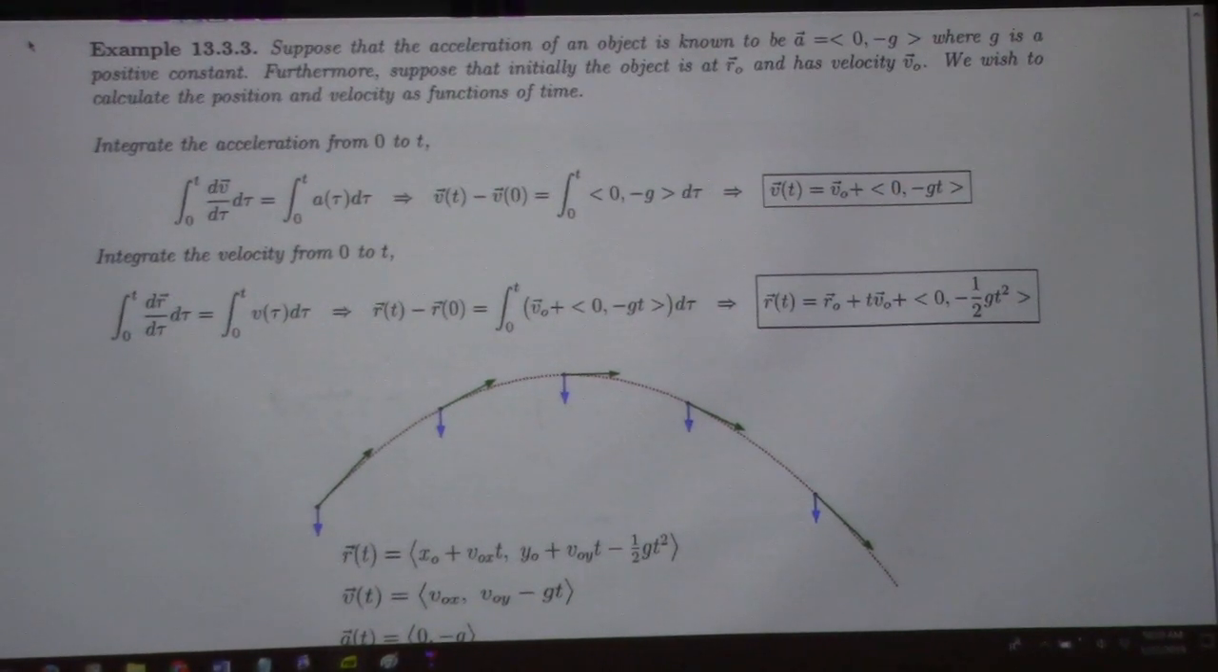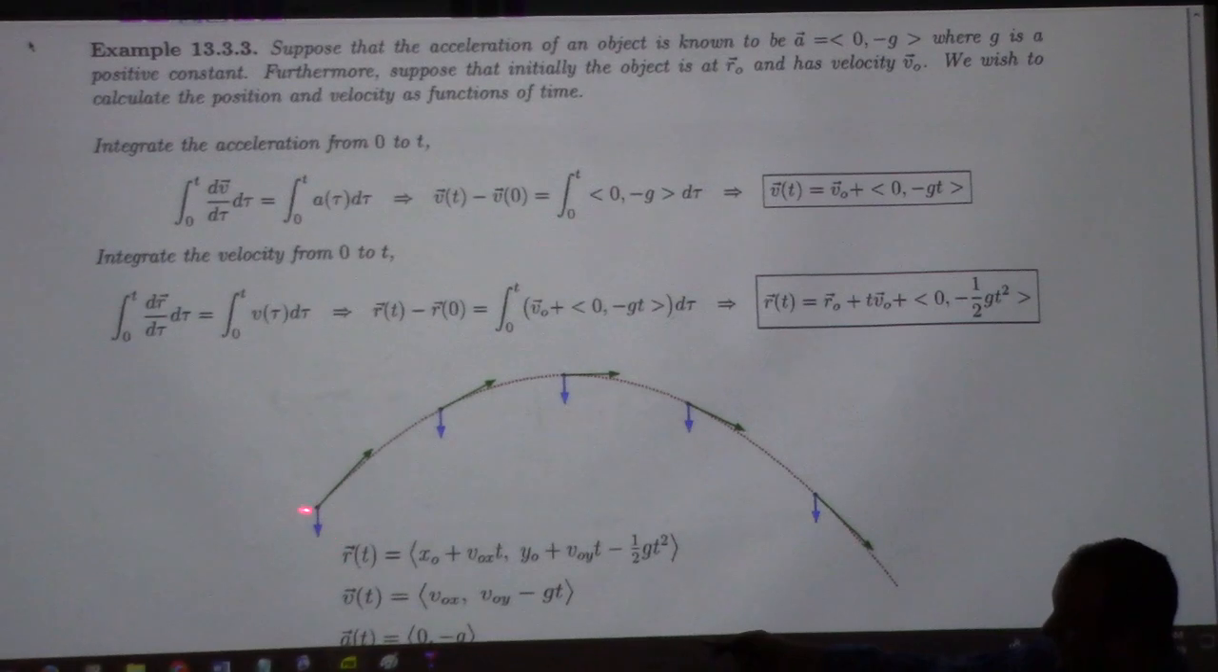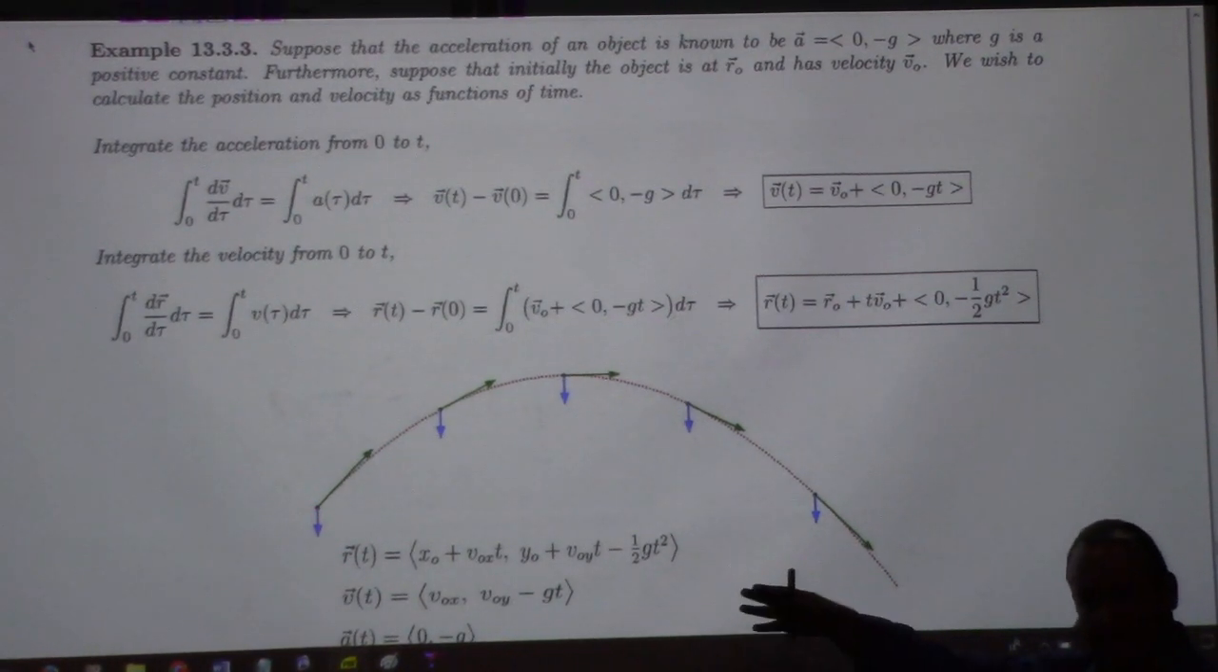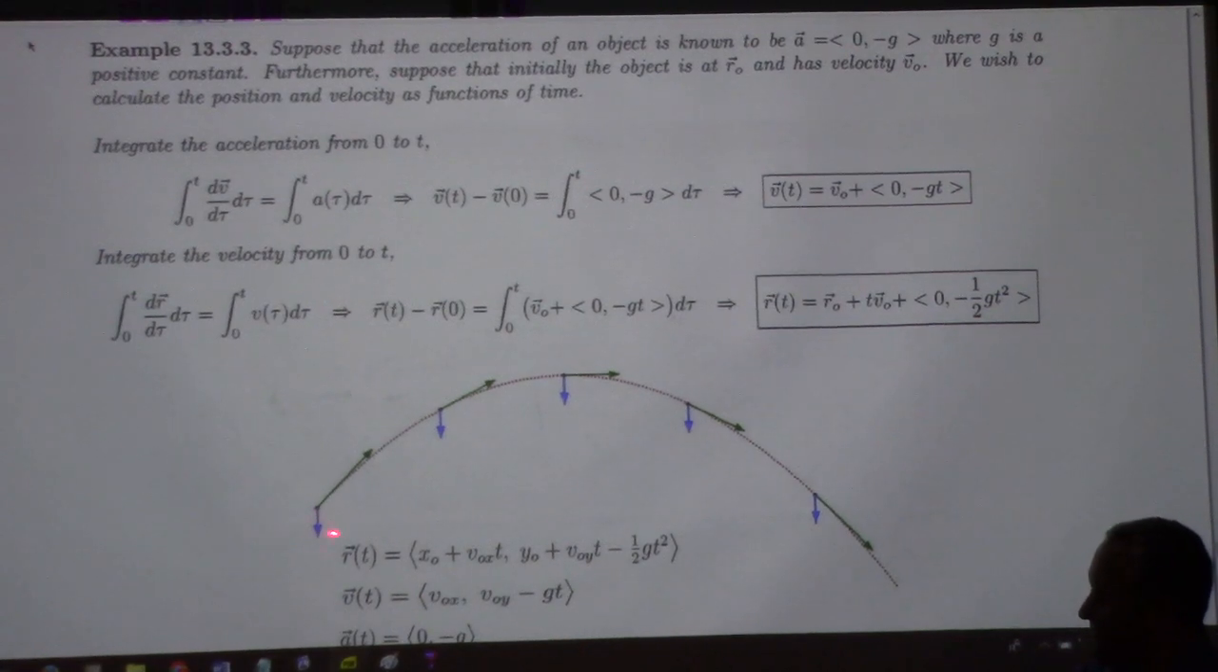Here's a picture. The red dotted path here is the actual trajectory of a particle, like the marker I just did. And at every point, the acceleration is in blue. It's just 0 minus g, right? Very boring. Always just negative downward acceleration. And the velocity is kind of interesting, right? It's changing. But if you looked at all these green vectors, if I did it right, they should all have the same